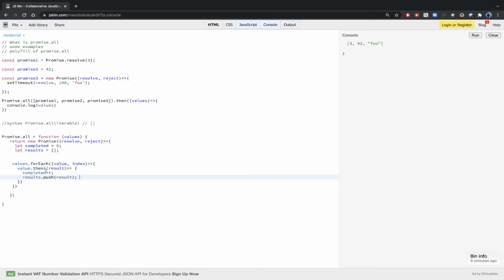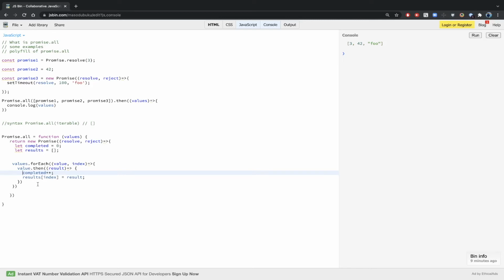Let's say first I have resolved the promise for index 0. So what I'll do is, or index, let's say 1. In the results array for this particular index, I will keep the value, because this value belongs to this index, and at that particular index we'll put our result value, right? So we are maintaining the order of results as well, and we are maintaining how many of my promises have completed, right?